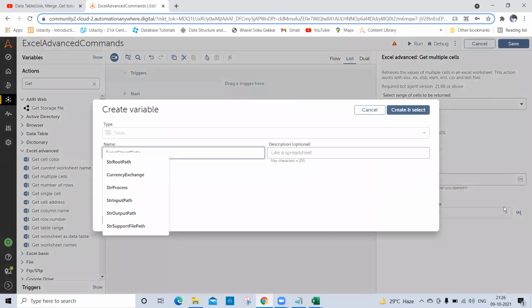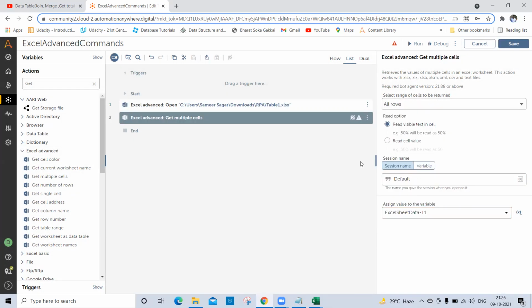So I'm creating one table variable here, Excel sheet T1. If you can see here, the data type of this variable is table. I'm creating and selecting this one, and once this is done, the values from that Excel file are stored in this table variable.